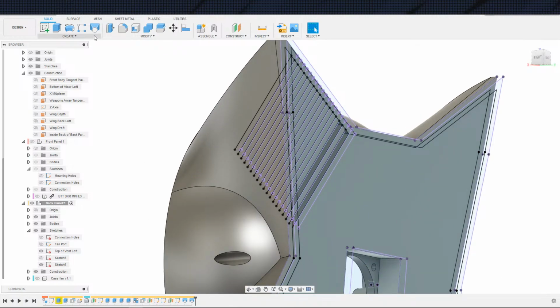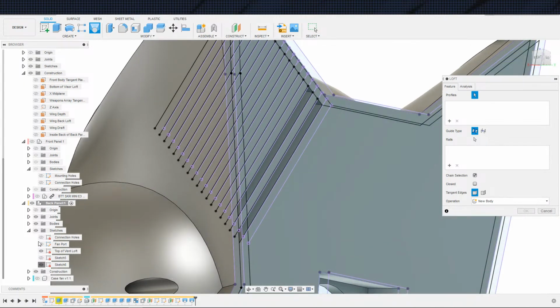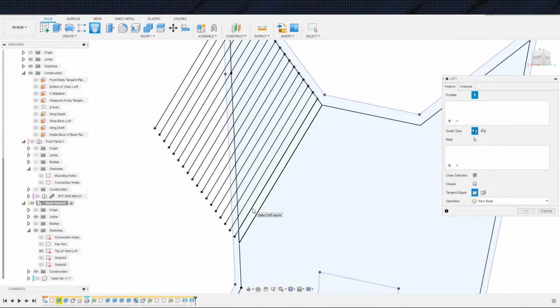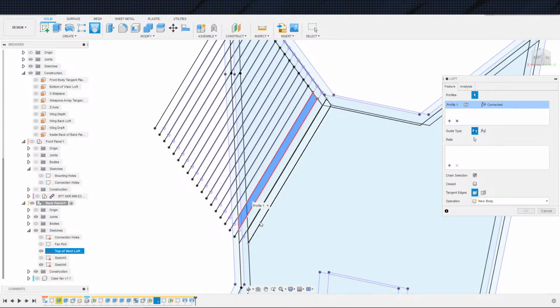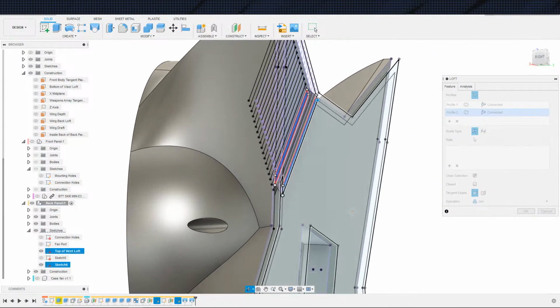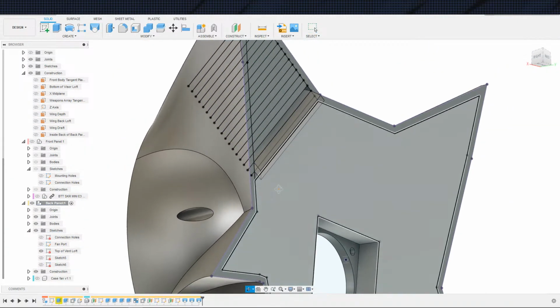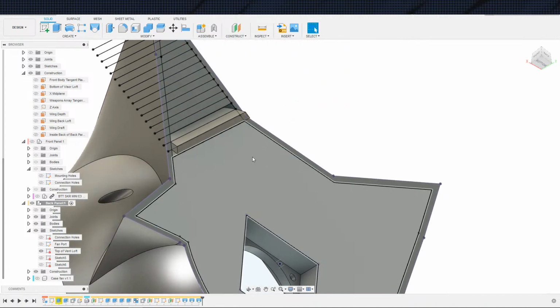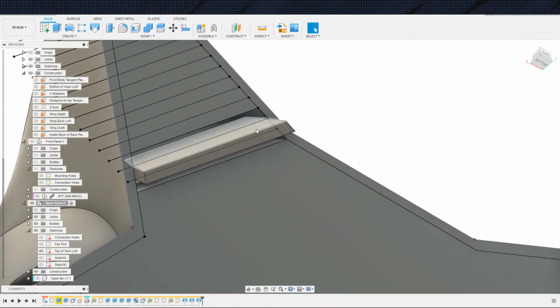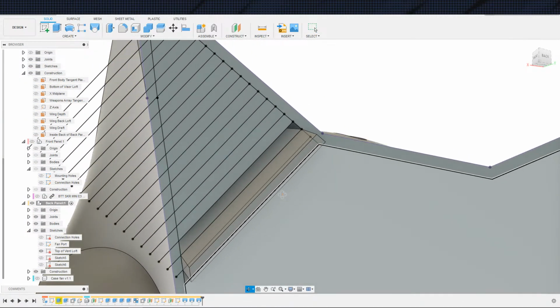But let's get it at least so you have an idea of where I'm going with this. So body, we are here. We are here, and we are going to go here. Turn the body back on and hit OK. Now in theory that should be collinear, and this doesn't look like it is in quite the...